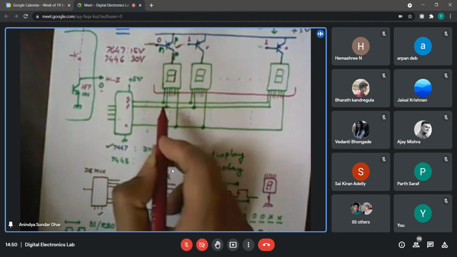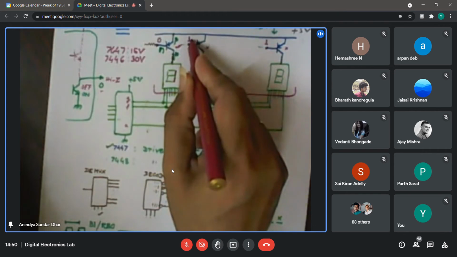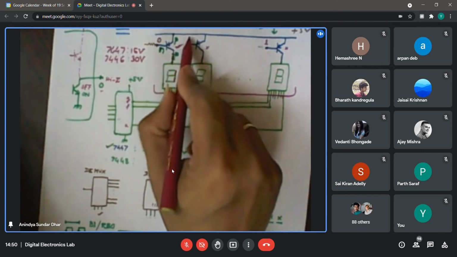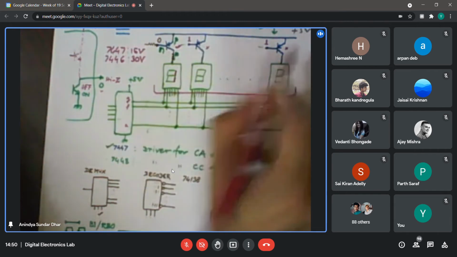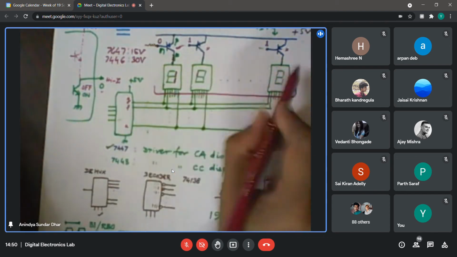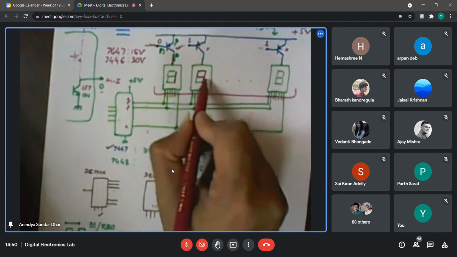Then in the next cycle, I will set this one such that 9 is getting displayed. At that time, I will turn this transistor on. So rather than making a 0 here, I will put this one to 1. I will give a 0 here, keeping others still 1. Because the line is supplying 9 throughout, anyone who has got its power supply would display that. But right now, only this one is powered up. So this one will display.